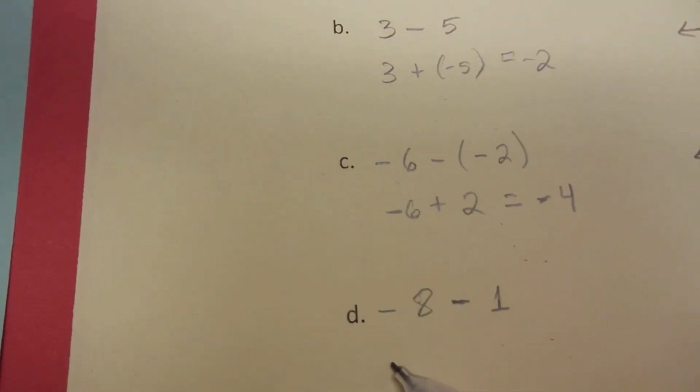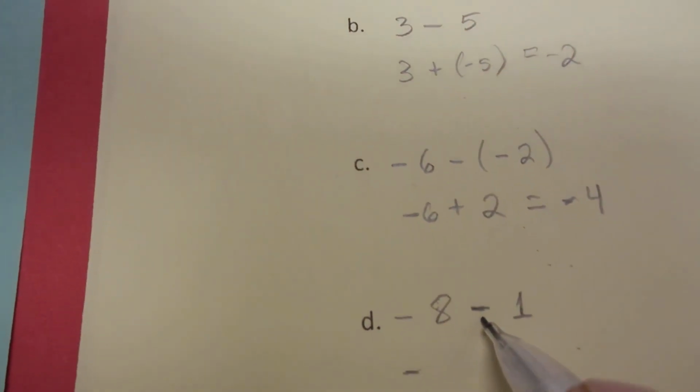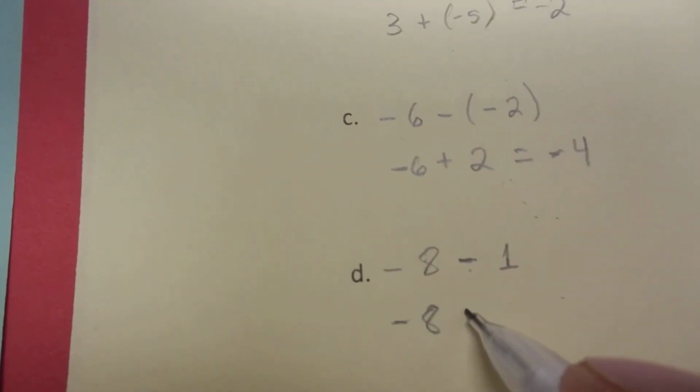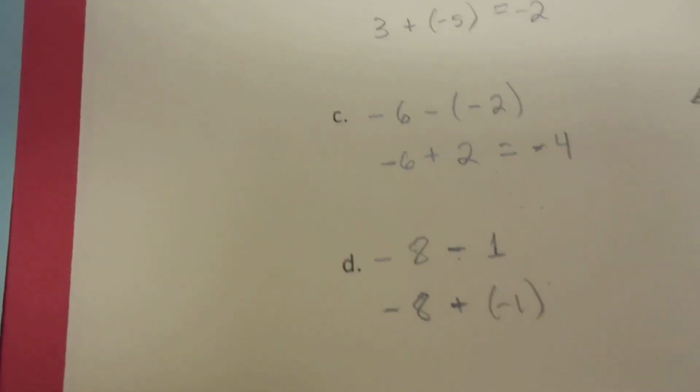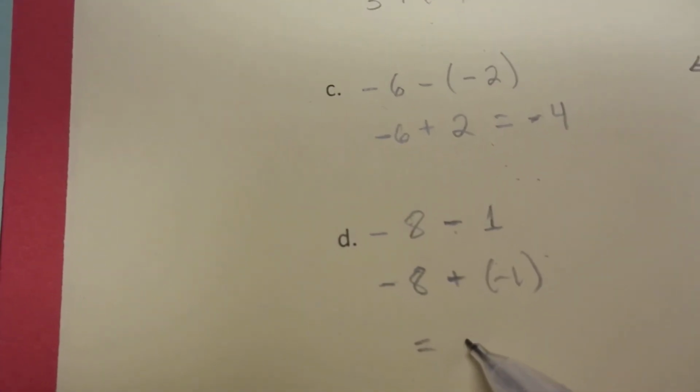Let's do it another way though. Let's think of that subtraction as adding the opposite. So here we have negative 8 adding the opposite of a positive 1, which is a negative 1, and hopefully you see that will yield a negative